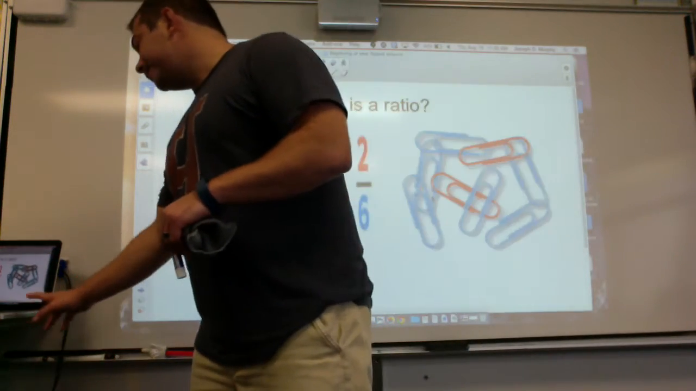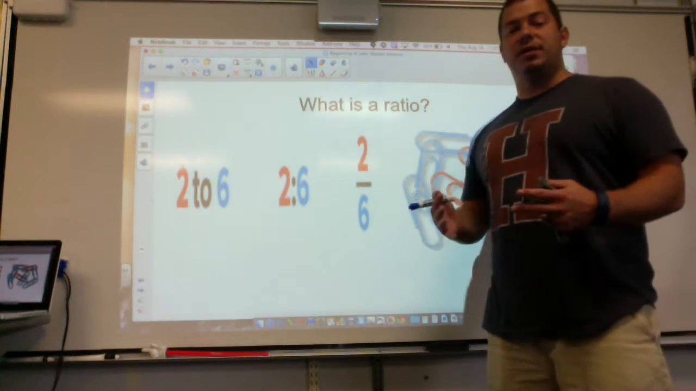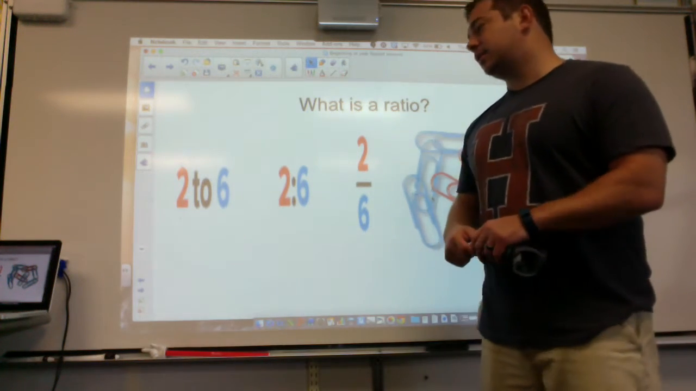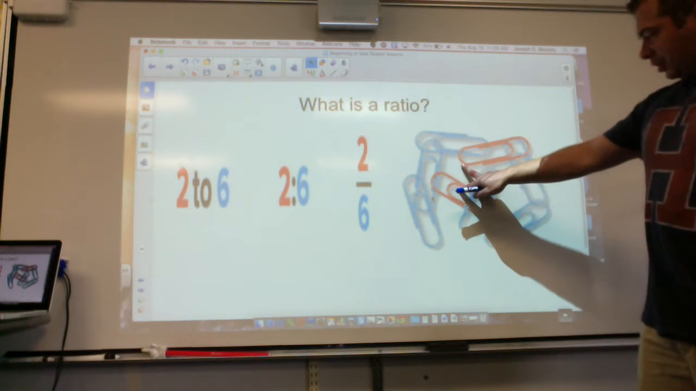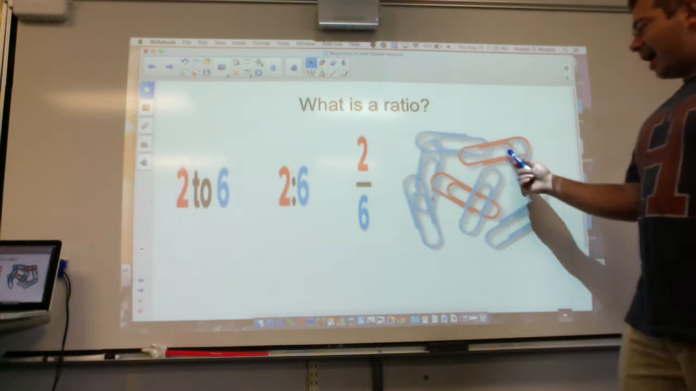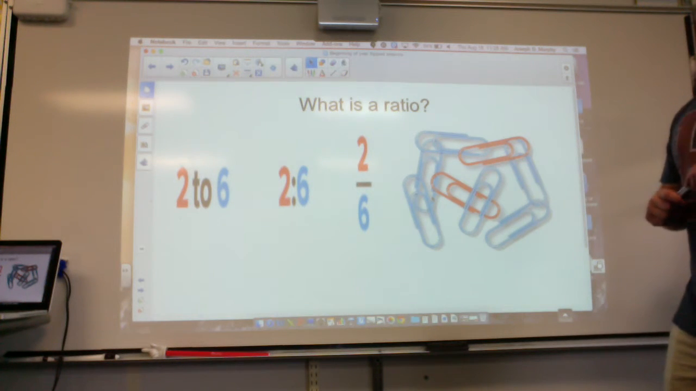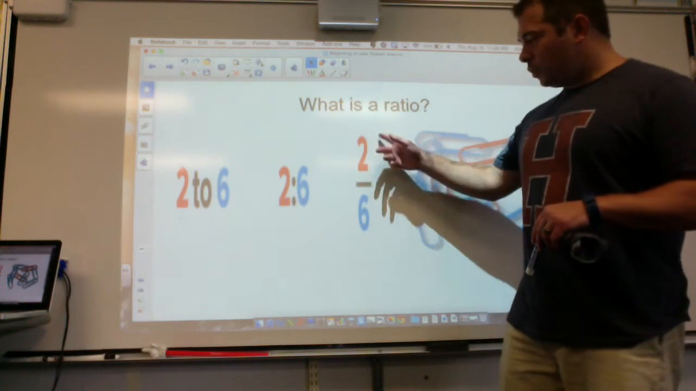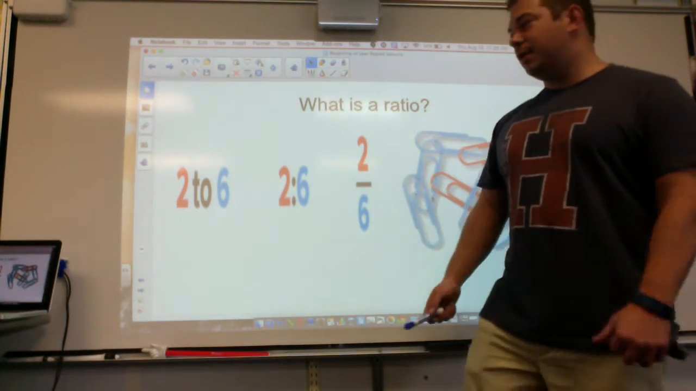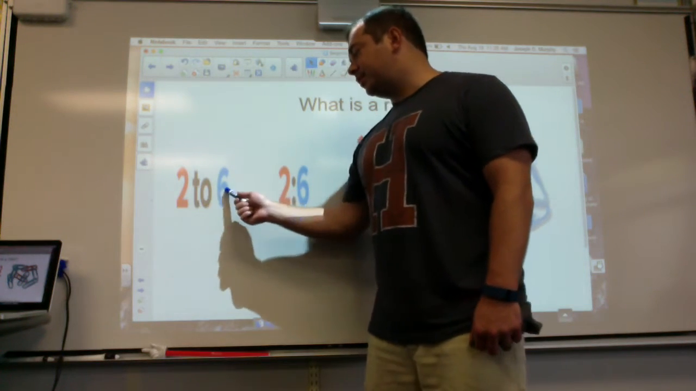Here we go. Well, what is a ratio? Well, a ratio is basically just comparing two things. So right here in this picture, it looks like for every 2 red paper clips, I'm going to have 1, 2, 3, 4, 5, 6 blue paper clips. So the ratio could be written in 3 different ways. We're going to focus on the fraction one today though. So for every 2 red, I have 6 blue, so it's 2 to